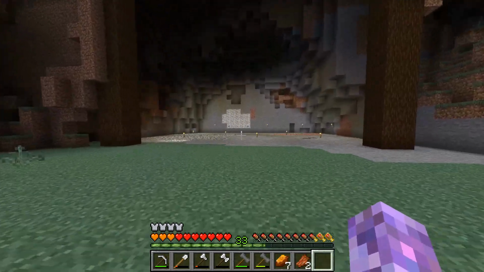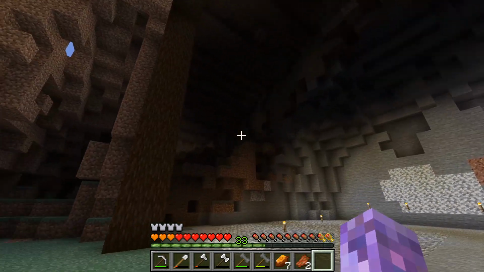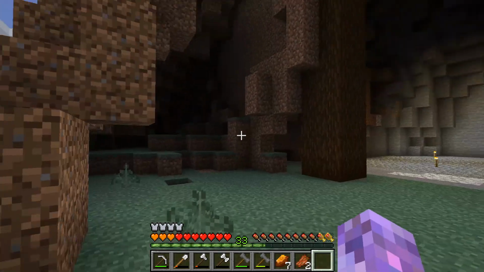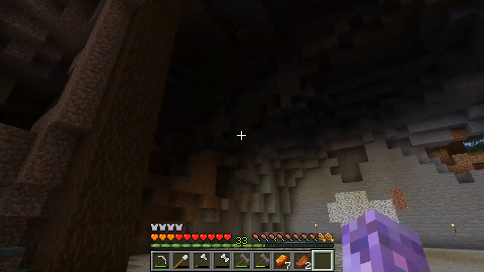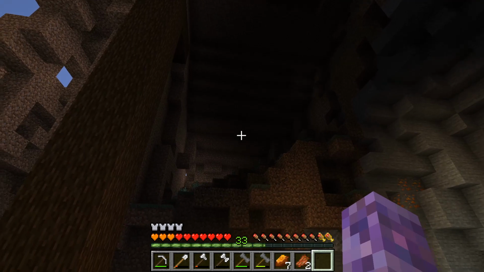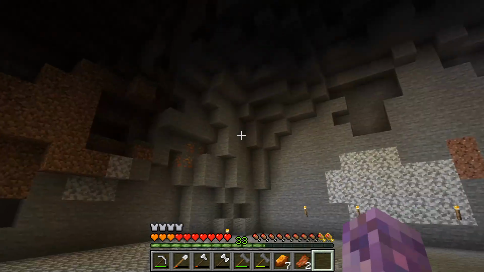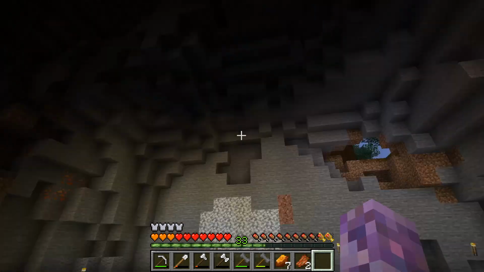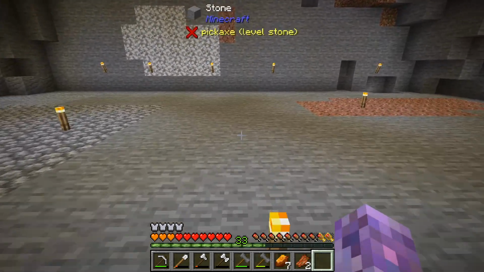So this is going to be our mine. Obviously it needs lighting up. I'm just going to put torches here and cover the walls, leave it hollow, because otherwise it's way too much dirt. We'll just have to be careful with mobs spawning in there, although we can get torches that stop mobs spawning at all. So I think I might start digging down here